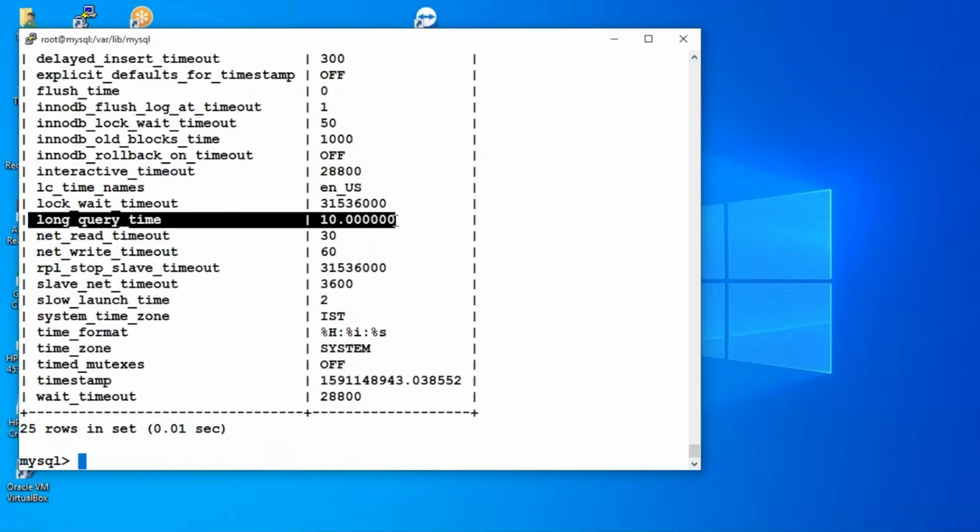Long query time is the time a query takes to be regarded as slow. The default is 10 seconds. You can change this time limit. You can again set it globally. Set long_query_time, just reduce it to 1 second or something, and then try to run the queries. And if it is taking 1 second also in this environment, you might have to